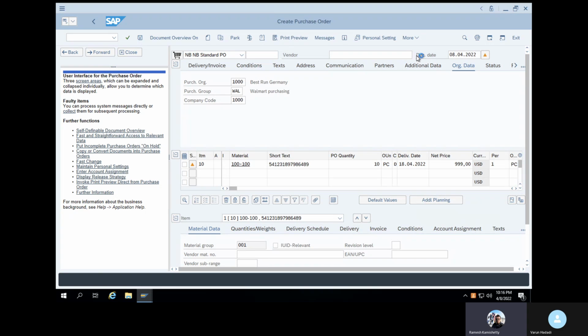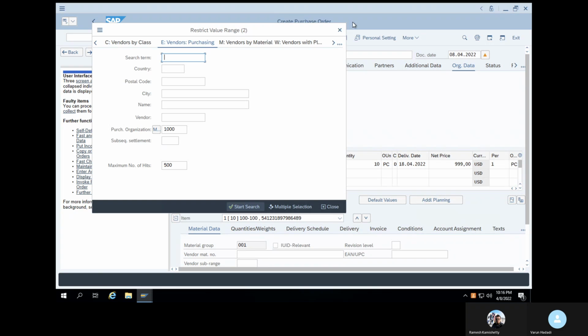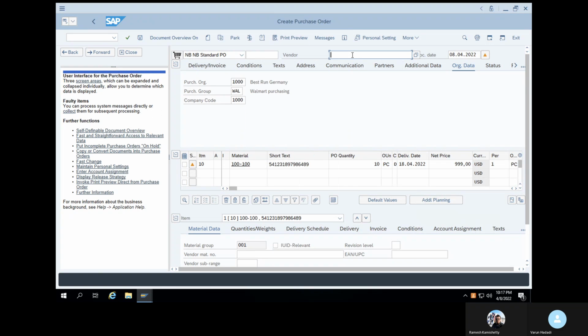Now try to select DHL 123. So it should give some kind of message. What is the message? A different source of supply is the fixed source for this. It is just a warning. We can convert this to an error also.